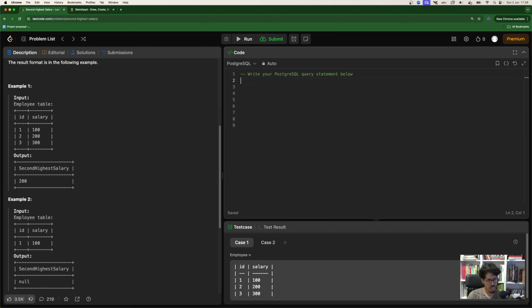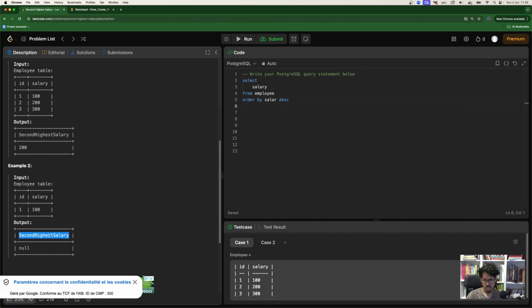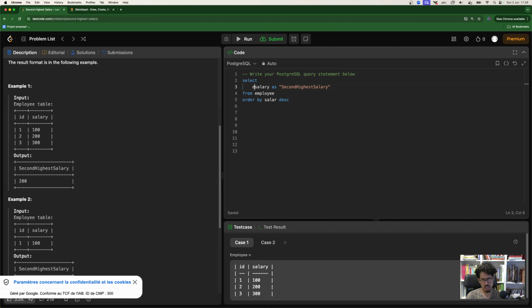So if we just start simple, we just need to do select salary from employee, and then of course we're going to try to order them by salary, order by salary descending. The thing is, if we do this, we're going to return salaries, but we want to rename the column as this. So we're just going to rename the column, and if there are duplications, we need to eliminate them as well. So distinct,